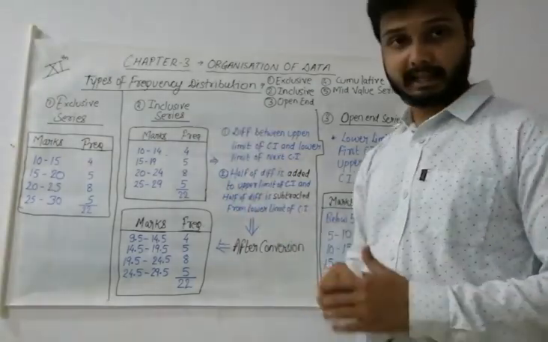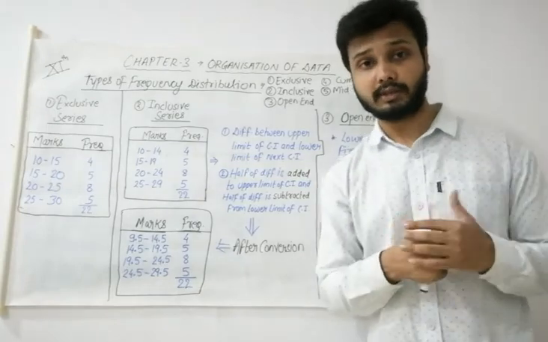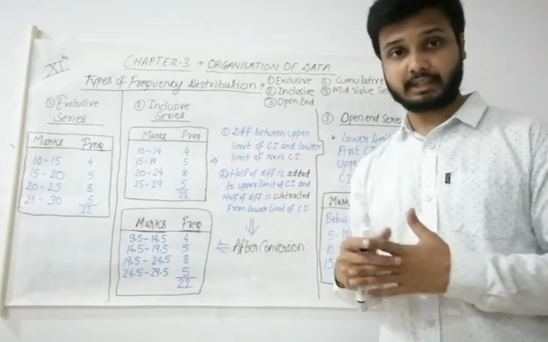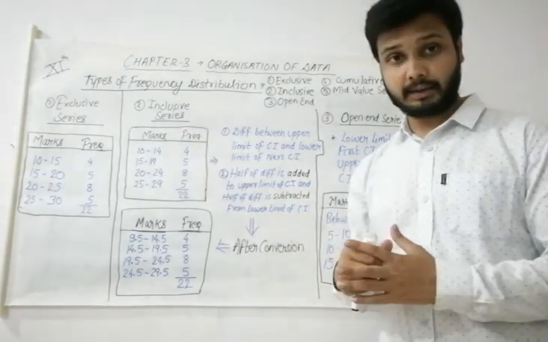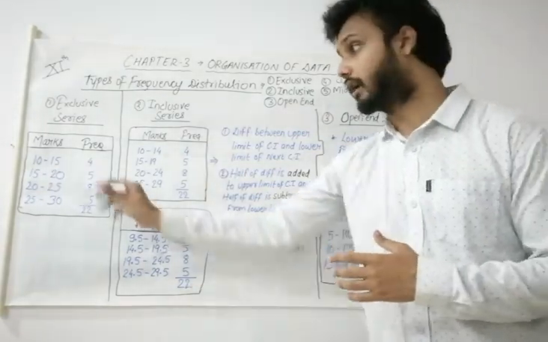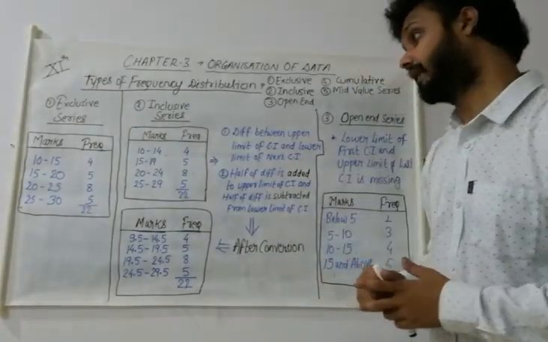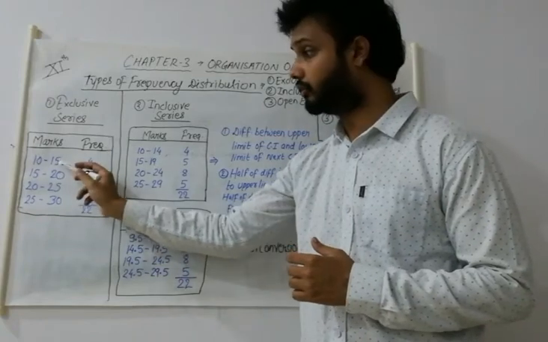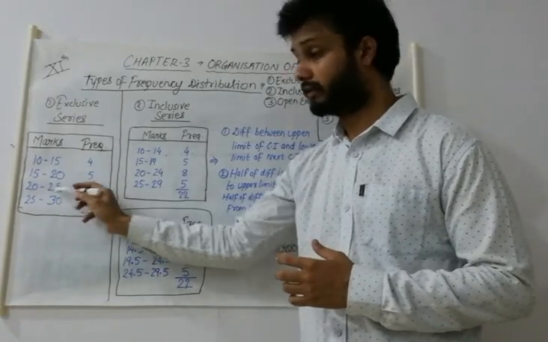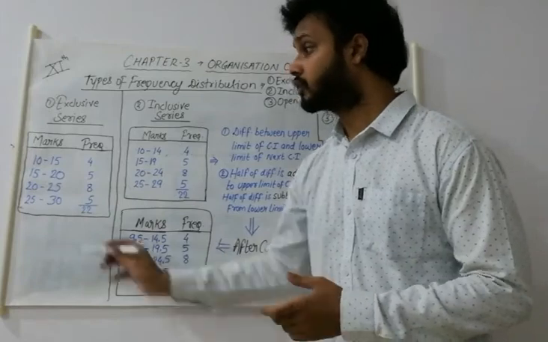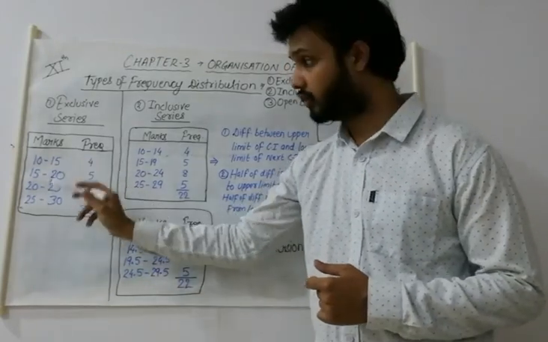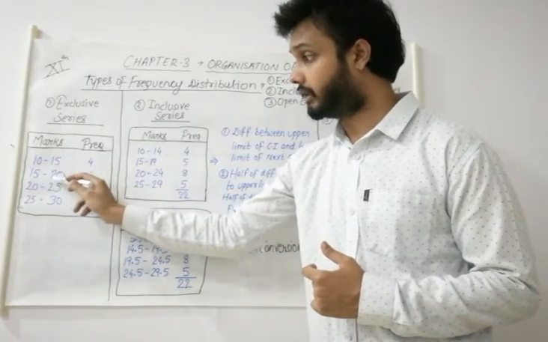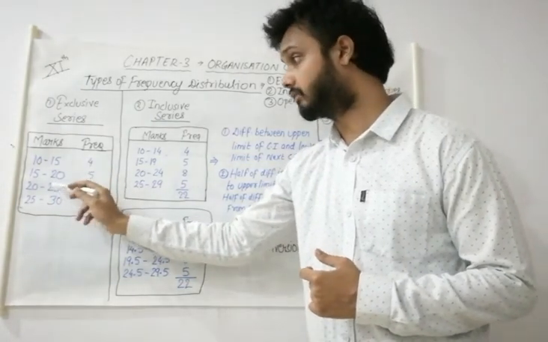The first one is exclusive series. So students, exclusive series is that type of series which excludes the data corresponding to its upper limit. It means that we see here the range is given 10 to 15, 15 to 20, 20 to 25 and so on. Okay. So we can see that 15 is here also and 15 is here also. Same with 20. Here 20 is the upper limit, but in the next class interval 20